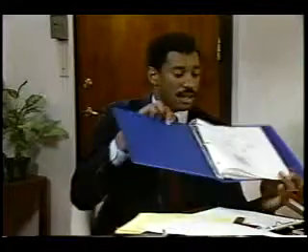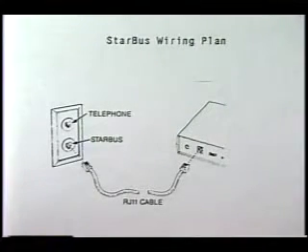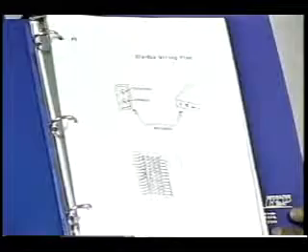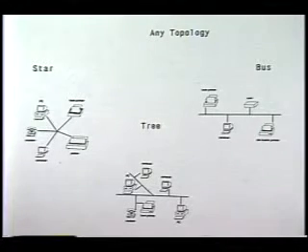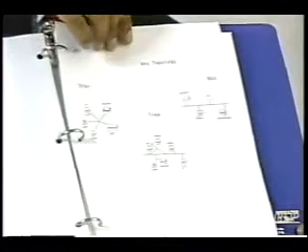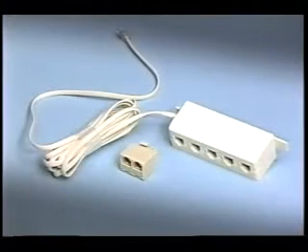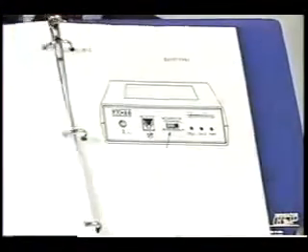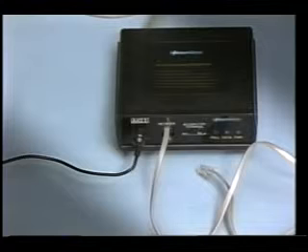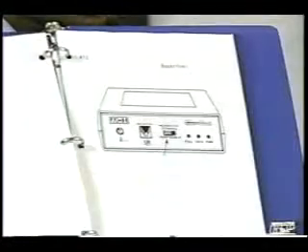StarBus is an intercom for office data products. At every telephone outlet, we provide an additional connection for StarBus. We use a single pair of standard telephone wire in just about any topology. The StarBus intercom is so flexible that you can expand the system by adding a simple telephone Y connector or RJ11 fan-out unit. The StarBus Busdriver connects to every device on the intercom. A standard telephone cord, just like the one you have at home, connects into the StarBus data intercom, and a standard RS-232 computer cable connects to the PC, printer, modem, or whatever you have on the intercom.